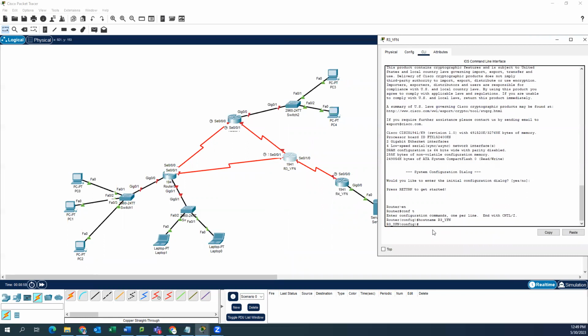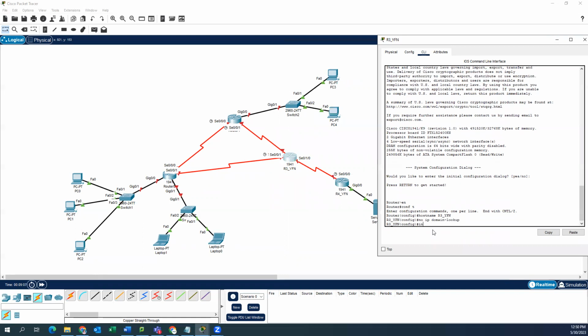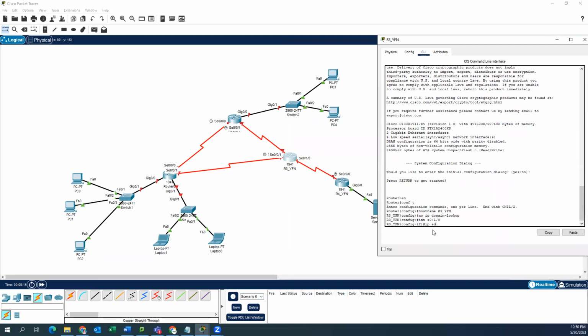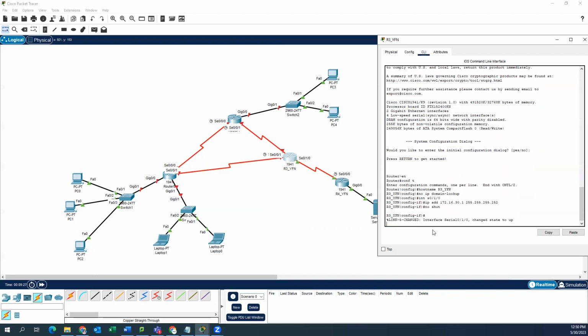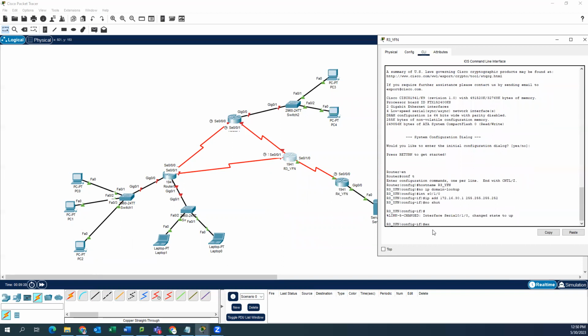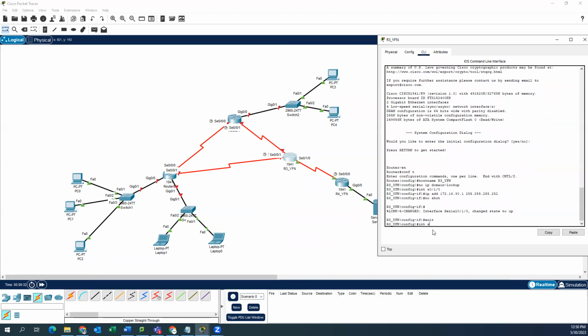Going to use interface S0/1/0, ip address 172.16.30.1 255.255.255.252, no shut, exit. Interface S0/0/1,